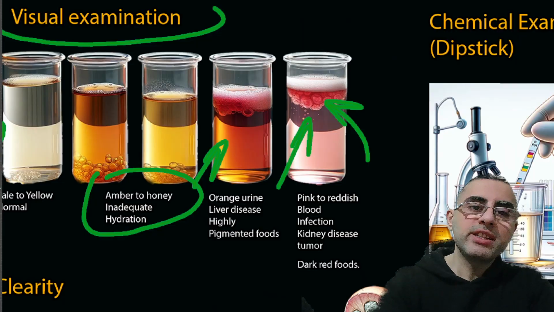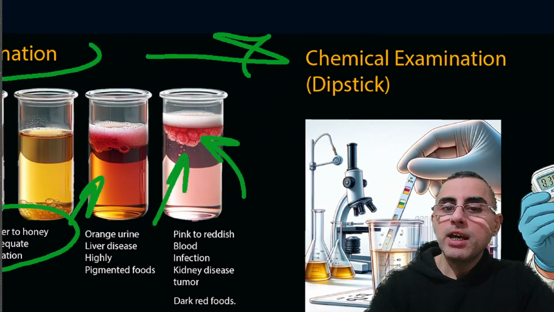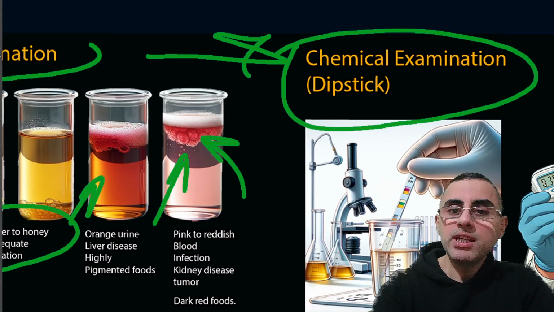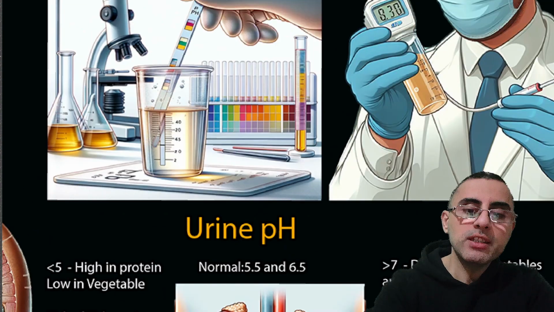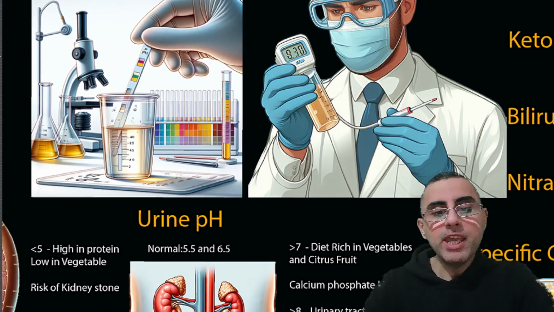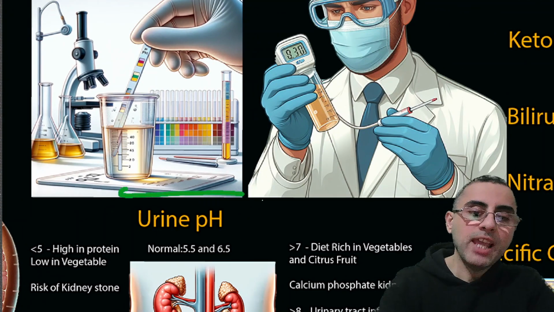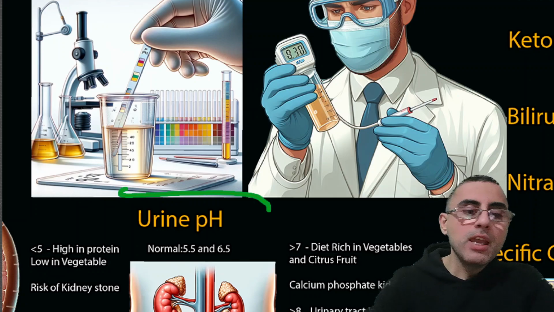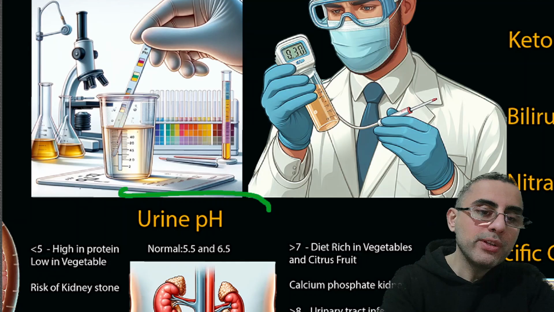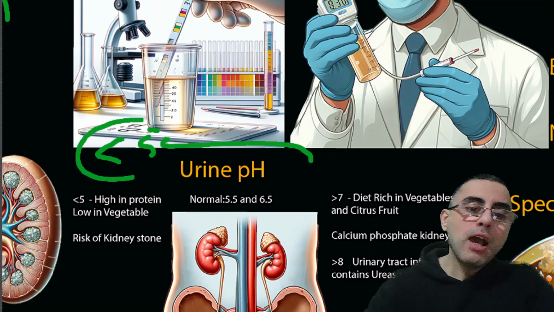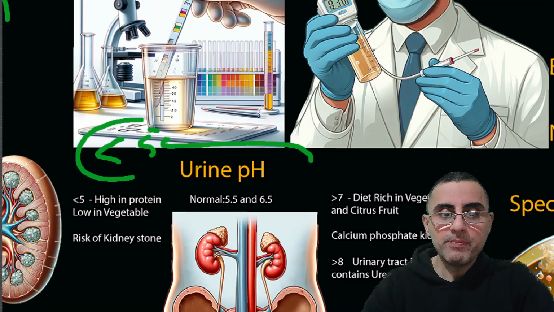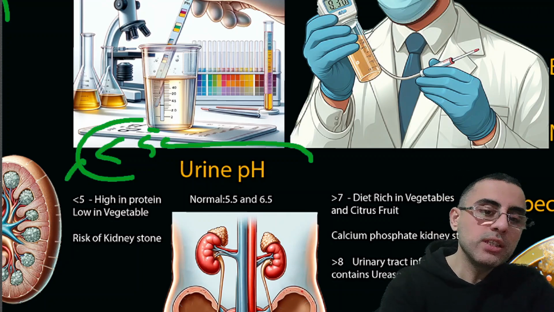After visual examination, we check urine chemically. Chemical examination is called dipstick examination, and the first important characteristic is urine pH. Urine pH means we determine if urine is acidic or alkaline. If it's acidic, or less than 5, it means that the person eats high in protein and low in vegetables. So urine becomes acidic when a person eats lots of proteins and low in vegetables, and it increases risk of kidney